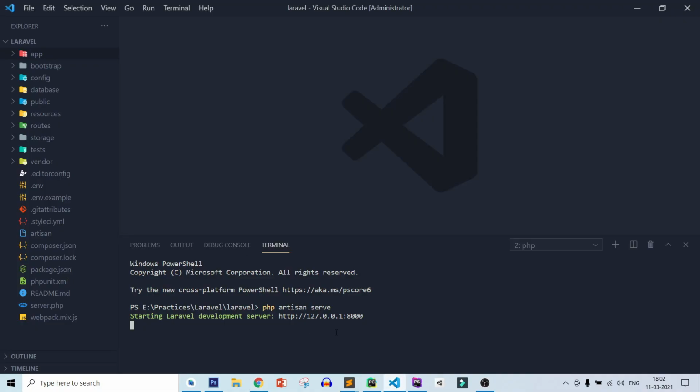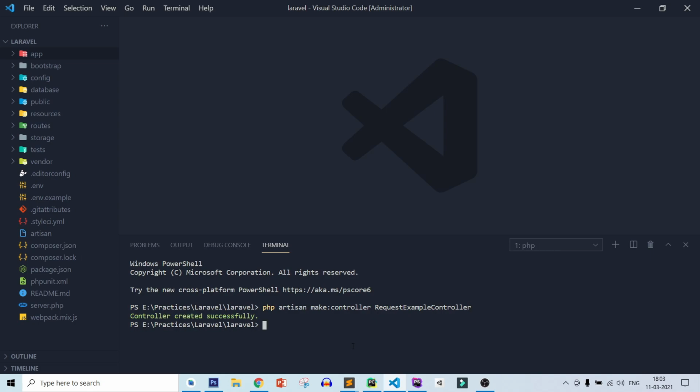So first let's create a separate controller and separate template files for this example. Click on here, click on PowerShell. First let's run the command php artisan make:controller RequestExampleController.